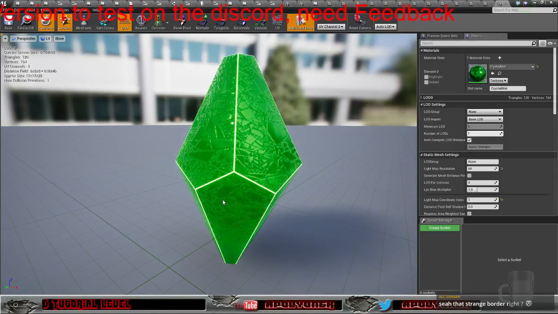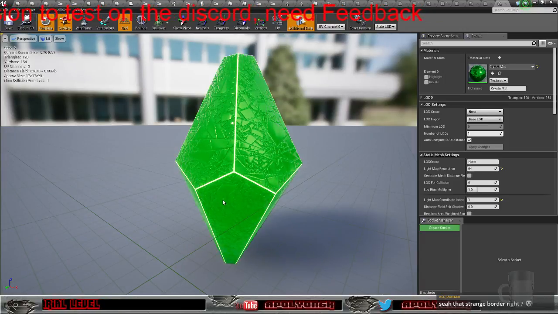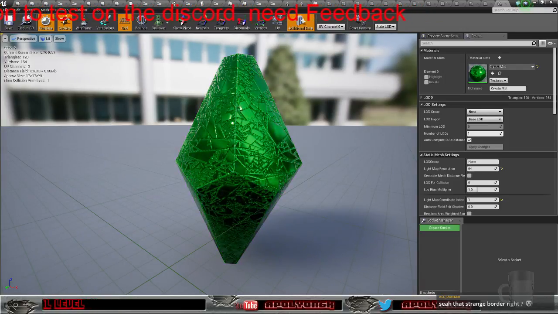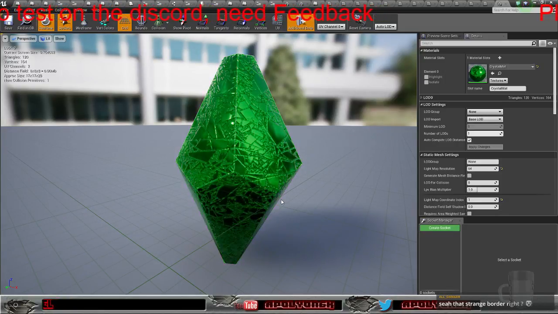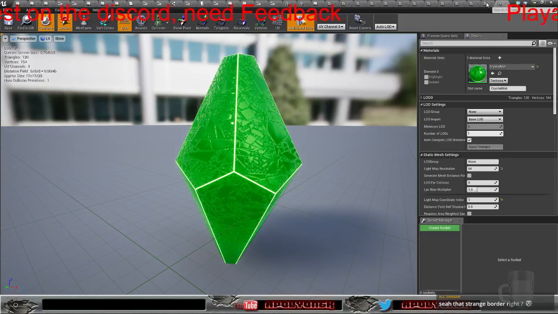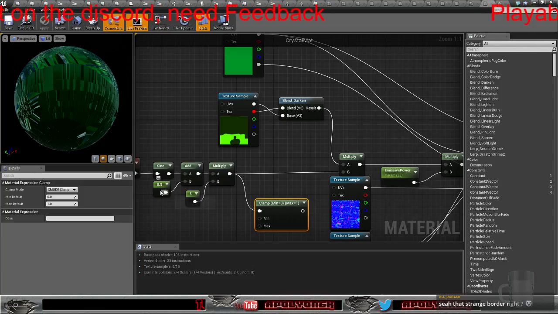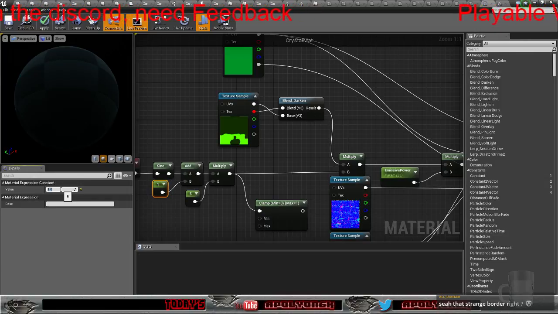I mean, it kind of works, but I find it strange that the border completely disappears. Let's see, if I set this to 1, then